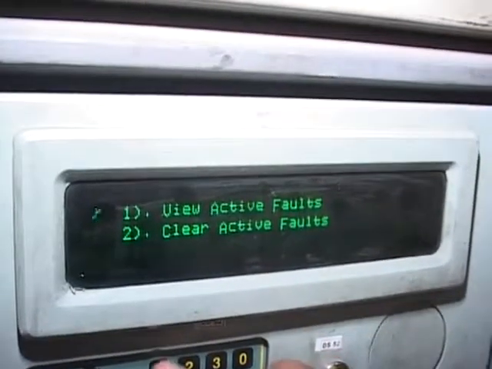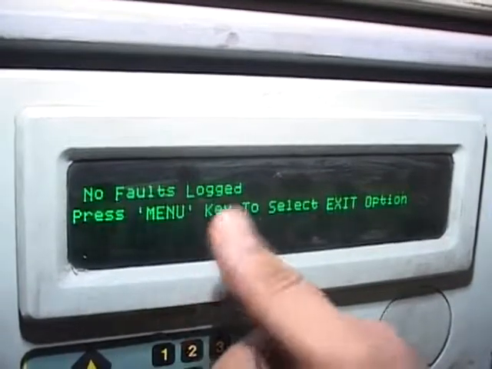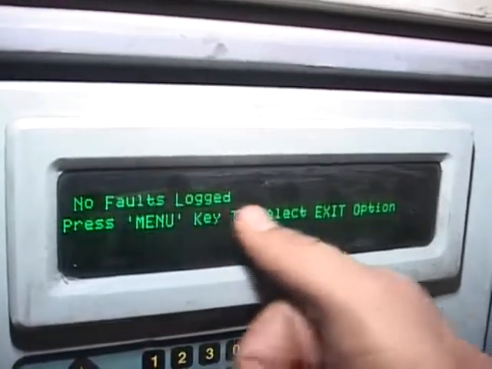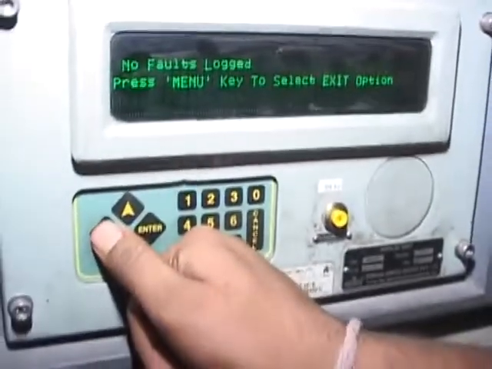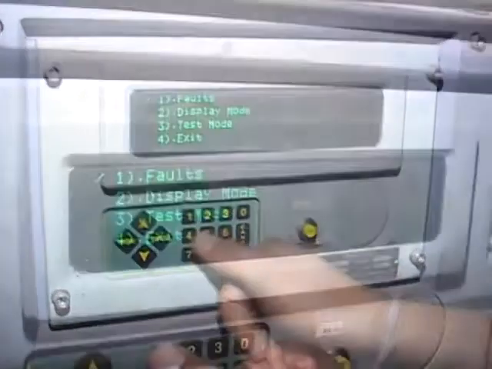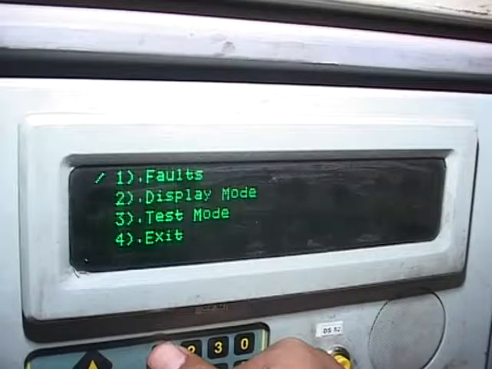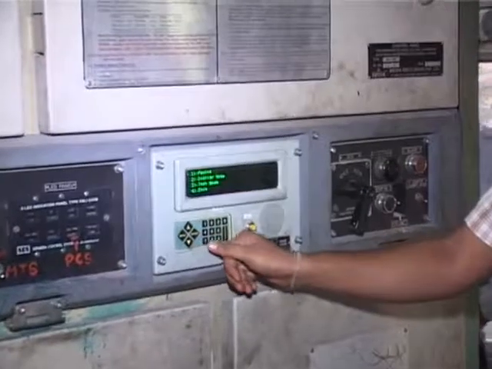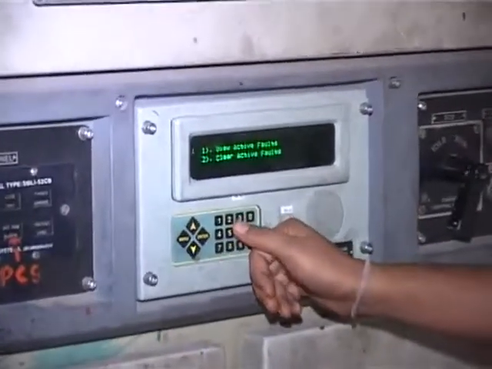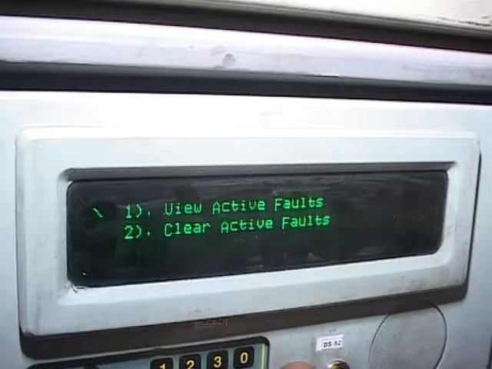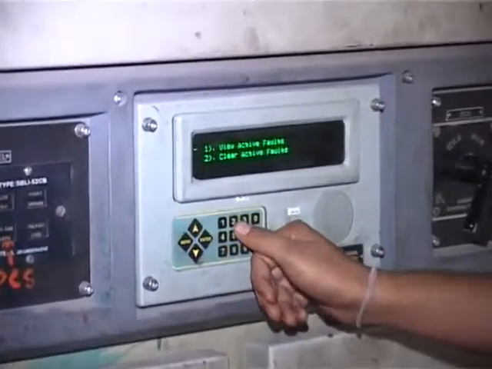The driver can reset the fault by operating the keys available on the display unit in the following sequence. Press menu key. The following main menu appears: faults, display mode, test mode, exit. Press key 1 to select faults. The following submenu appears: view active faults, clear active faults. Press key 2 to select clear